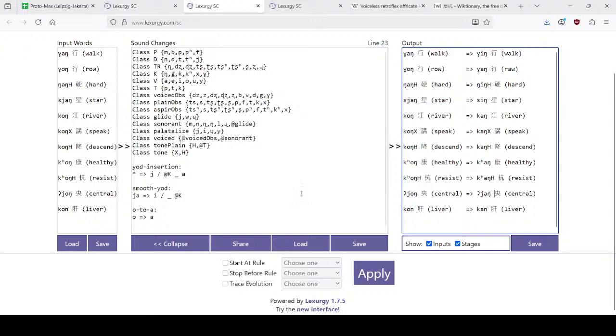It can't because of yeah. Is there more precedent for aspiration protecting stops from change? No. Well, no, mostly because only the velars get changed this much,